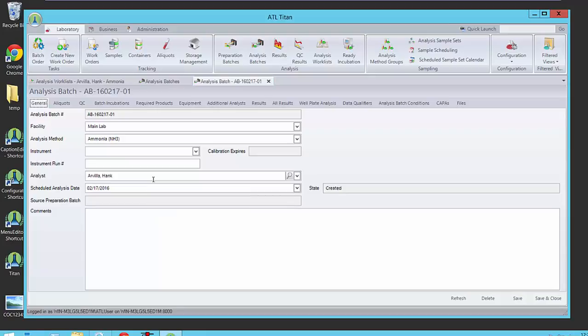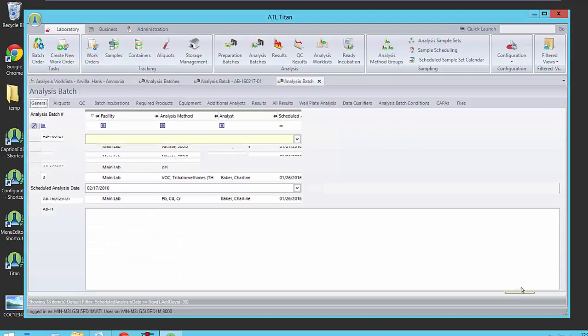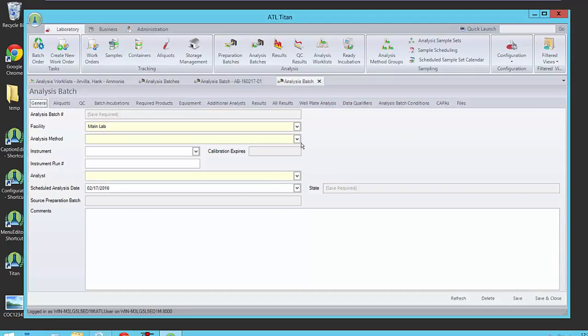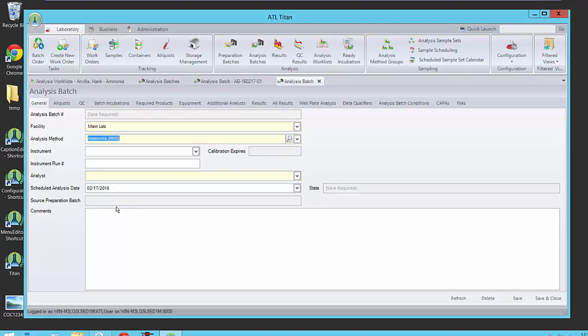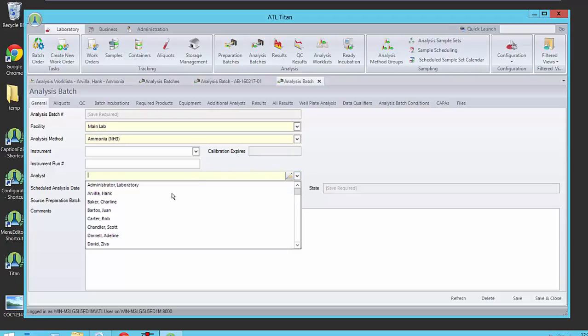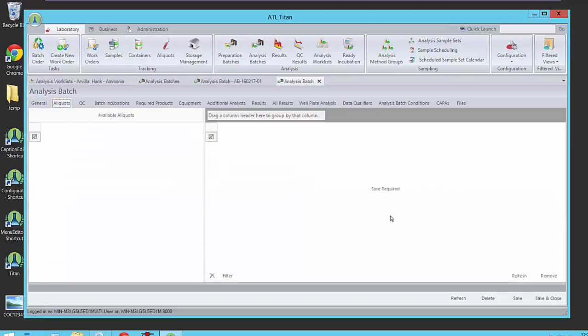If you choose to manually create your batches and not use the work list, then you would pull up your analysis batch screen, click the Create button, and then you fill in the fields that are the yellowish color. In this case, I'm going to still pick ammonia, and I'm going to pick the analyst that's running the batch. You click on the aliquot screen, a save is required,